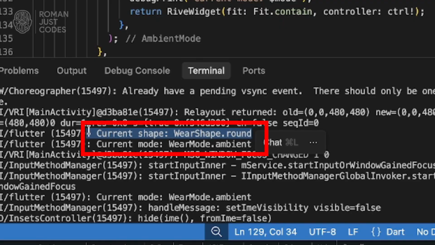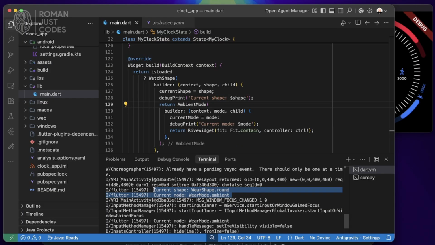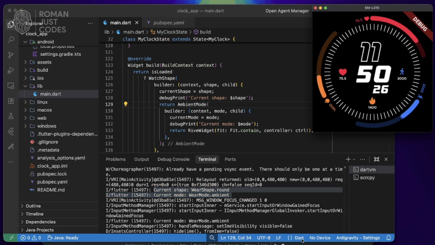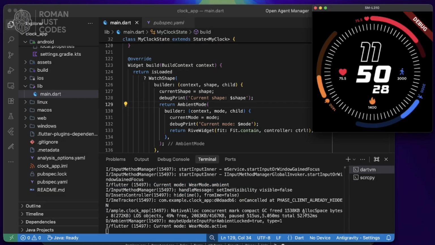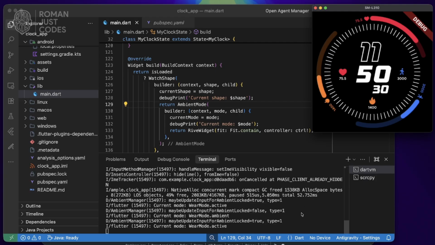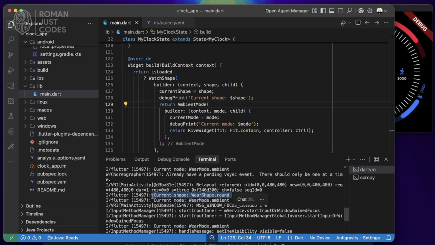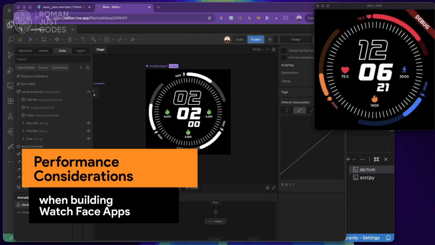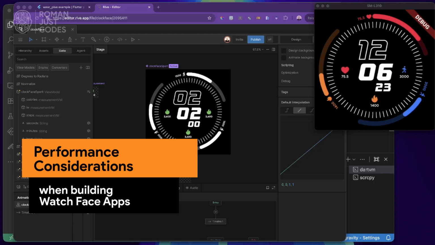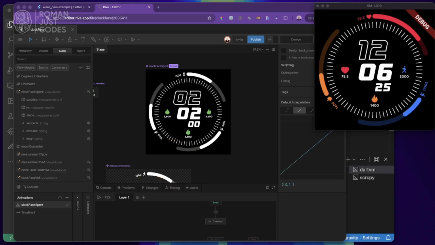It tells you exactly that it's a round Wear shape, and it still maintains the ambient mode because it's still triggering, remember, but it's just because I'm not showing that other one. So it gives you active and ambient, but I'm still keeping my same watch face. But what I wanted you to take a look at is that at the beginning, you can then render the experience accordingly. So when it comes to performance in building our WatchFace applications, and when it comes to Rive,